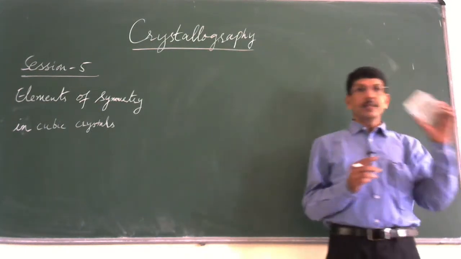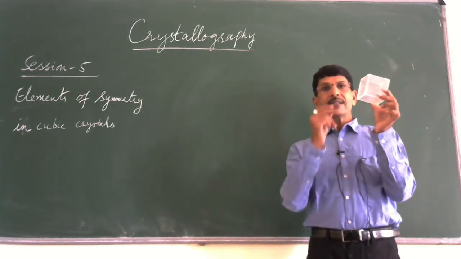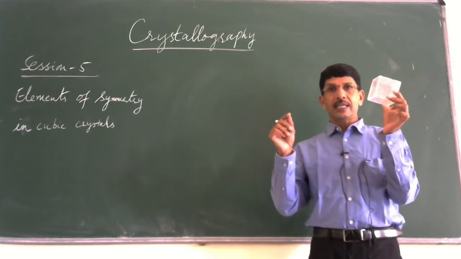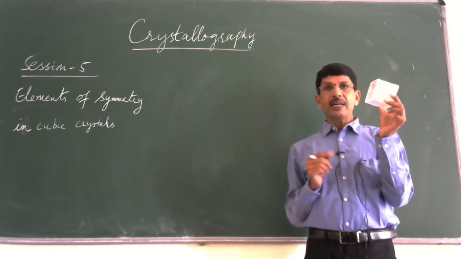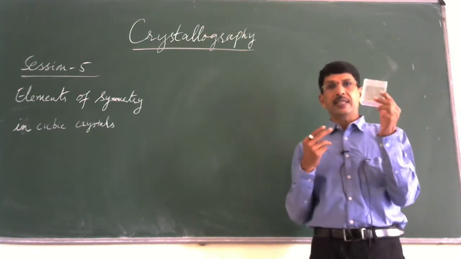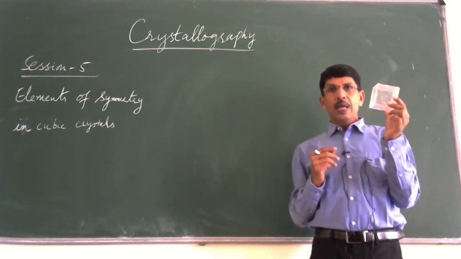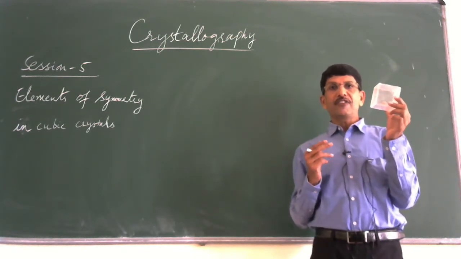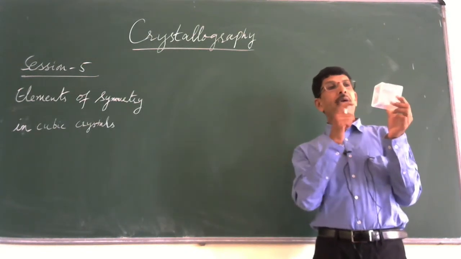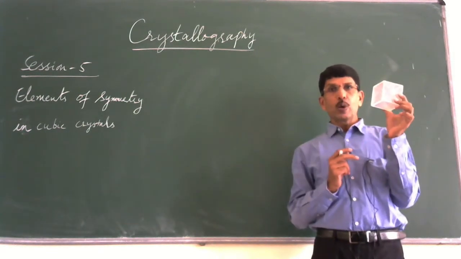So, as I said, this is an example of a cubic crystal, where all the three sides, I told you the other day, the crystal parameters may be A, B, and C. A, B, and C are nothing but intercepts made by the plane of a crystal along x, y, and z axis. And alpha, beta, and gamma are the interfacial angles. If you recollect that, A, B, and C for cubic crystals are equal to one another.